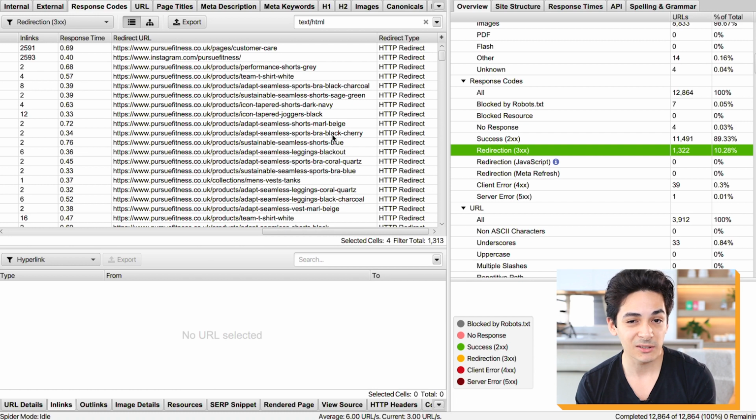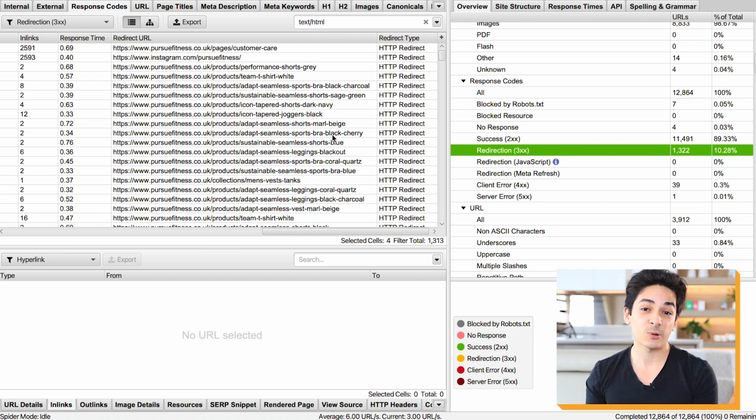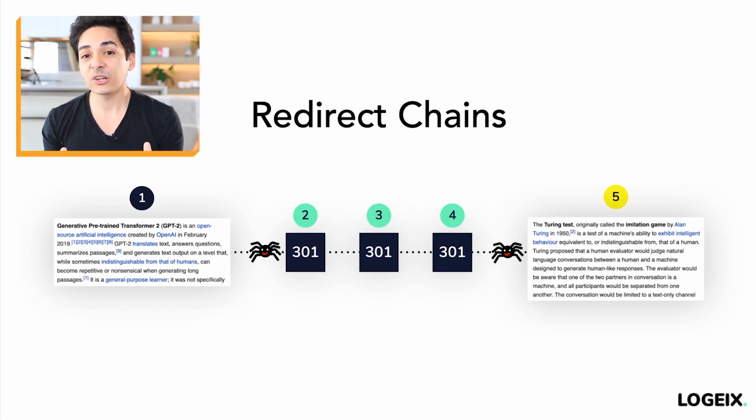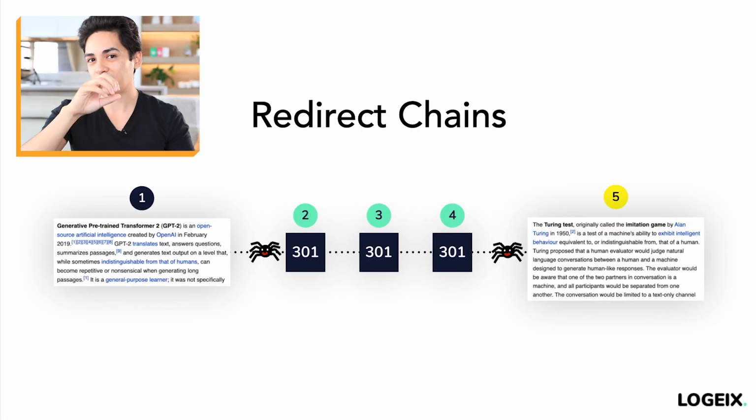You can kind of automate it a little bit, but still, I'd probably recommend checking these manually just to double check that it's redirecting also to the correct page. But if you want to, you can basically automate this by seeing the page where it's linked to, and obviously checking if any of them are 404 errors or anything just like that. You also have redirect chains, where a page redirects to another page,